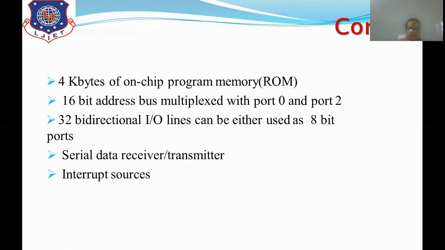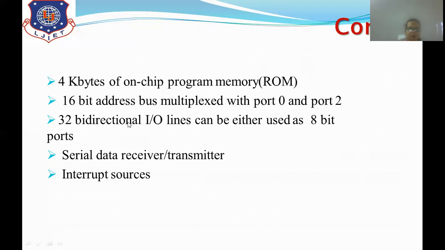Other features are 4 KB of on-chip program ROM, right? The data memory is different and the program memory is different, so it follows the Harvard architecture. A 16-bit address bus multiplexed with port 0 and port 2, right? The 16-bit bus is at port 0 and port 2.